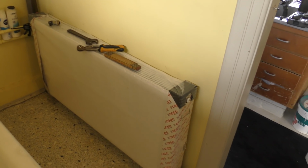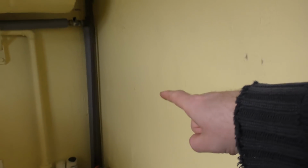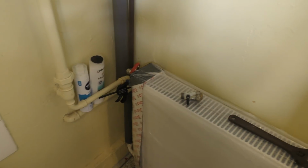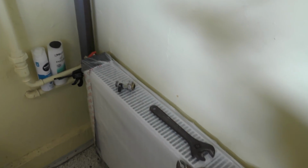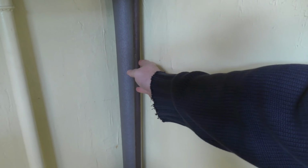So in the last video, we actually got this in place. I even connected it down here, and I found that the pipe that goes up here goes up to this point. I have replaced this at some point. I forget why, but I'm sure it was a good idea then, and it's still a good idea. But the new radiator is 5 centimeters taller than the old radiator, so this pipe needs to be shortened. It's not 5 centimeters, funny enough. I have measured it, and it's 3 centimeters. I need to shorten this pipe that goes down here, which is right now not connected,